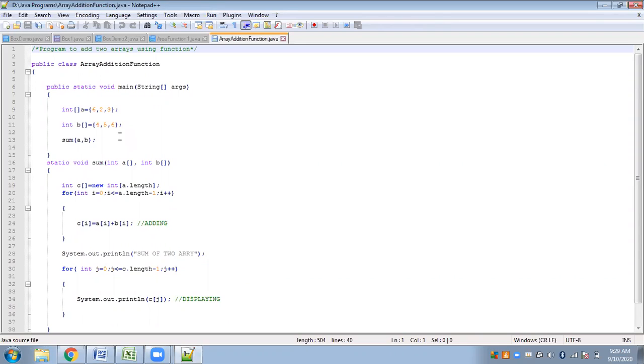Now we have already used methods in our program. In all the previous examples we had used only one class, and inside that class we had many methods. One was the main method. By default, we need to have this to start the program execution and to end the program here. Followed by this we have another sum method which will do the addition part.